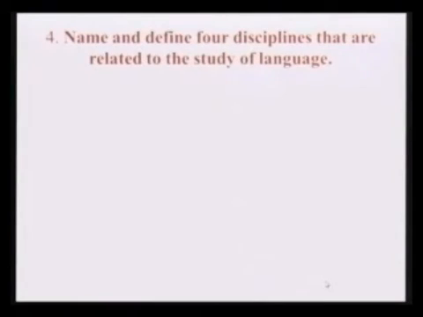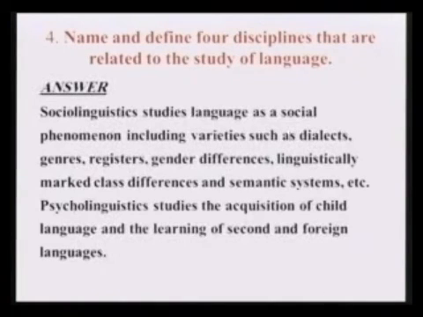Name and define 4 disciplines that are related to the study of language. Sociolinguistics studies language as a social phenomenon, including varieties such as dialect, genres, registers, gender differences, linguistically marked class differences, and semantic systems, etc. أما psycholinguistics studies the acquisition, اكتساب of child language and the learning of sound and foreign